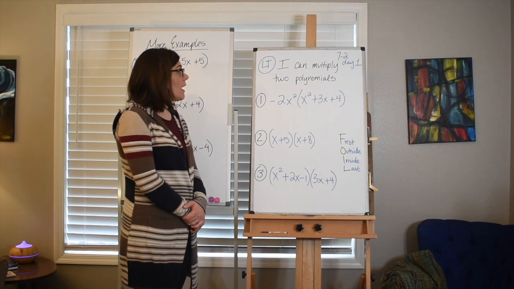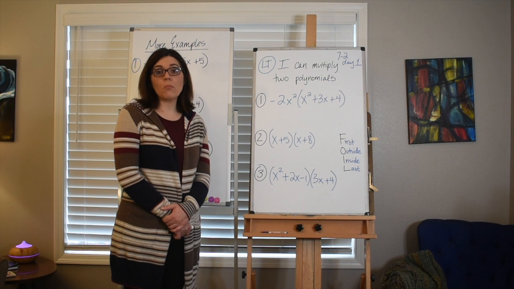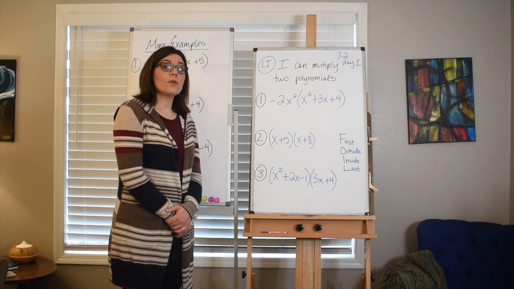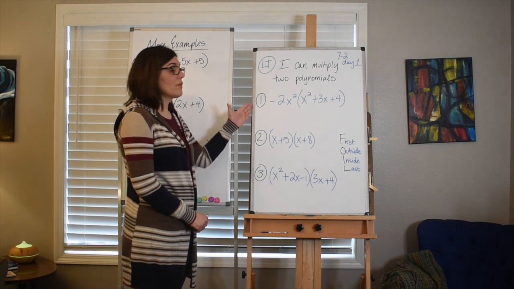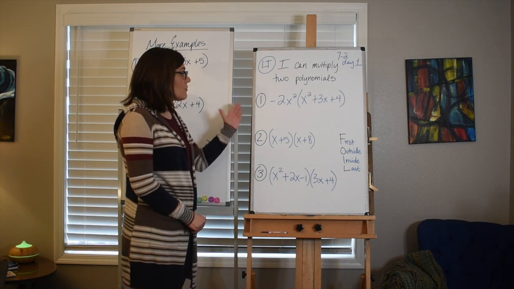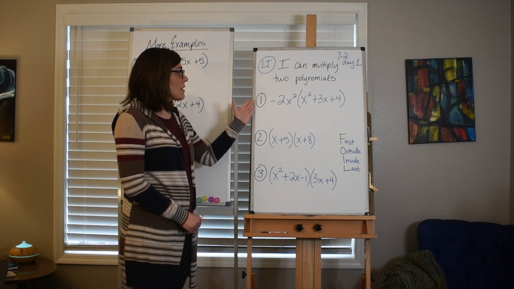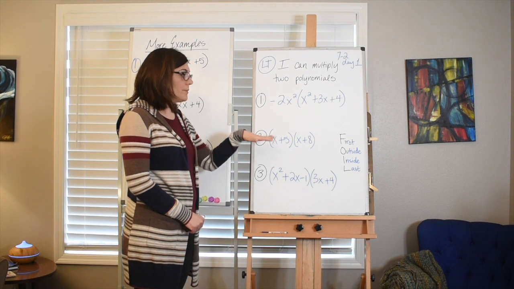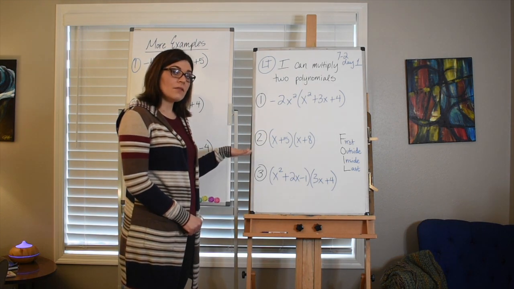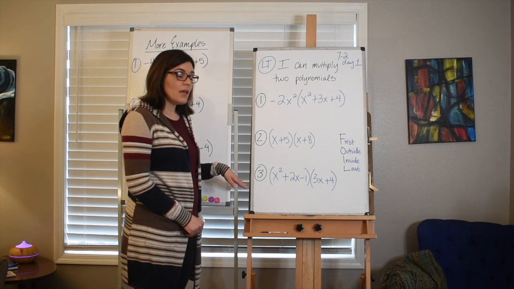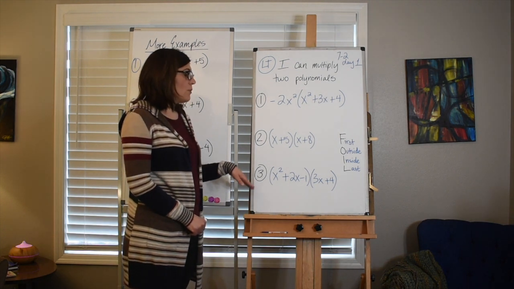To day 1, and the learning target is I can multiply 2 polynomials. So in your notes, you should have taken notes about the 3 types of polynomial expressions we'll be multiplying. The first type is a monomial times a trinomial or binomial. The second type is when we multiply 2 binomials, and the third type is when we multiply a trinomial times